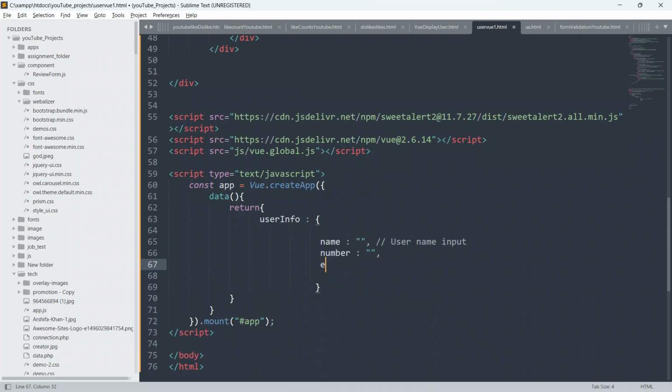Email, colon, empty string, and put a comma, and give image. As of now, give null only, and put a comma, and give a comment also.